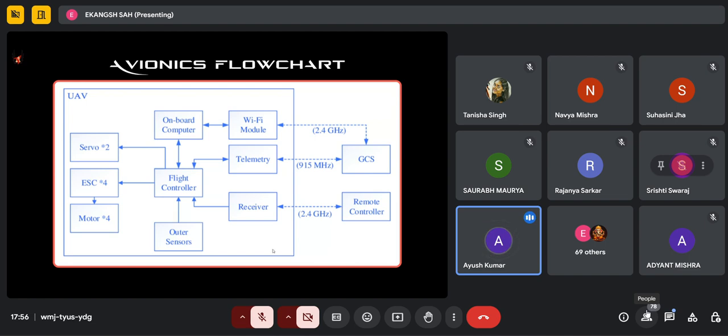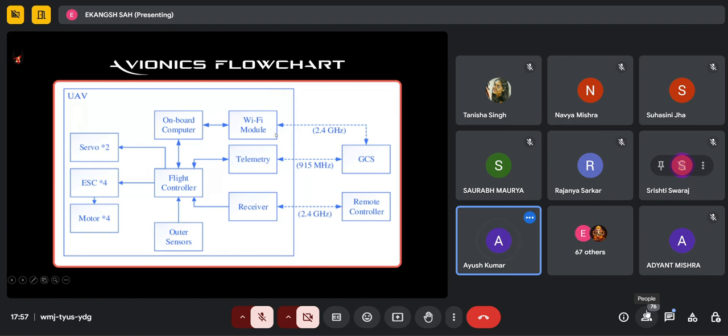Then it is sometimes connected to the onboard computer through USB. It is done for flight controller calibration or some firmware update which has to be input in the flight controller. Then it is connected to the Wi-Fi module for the wireless connection between the flight controller and the